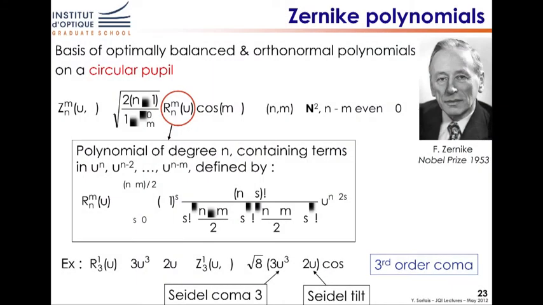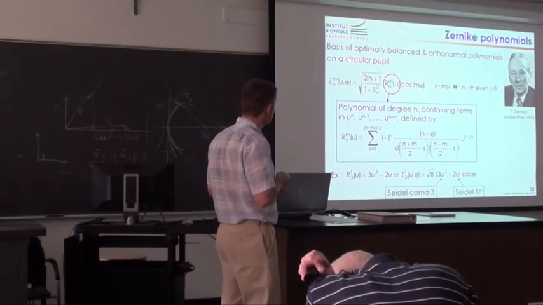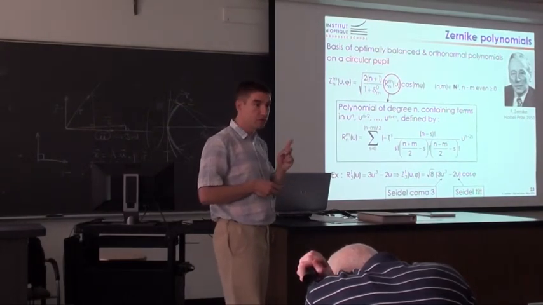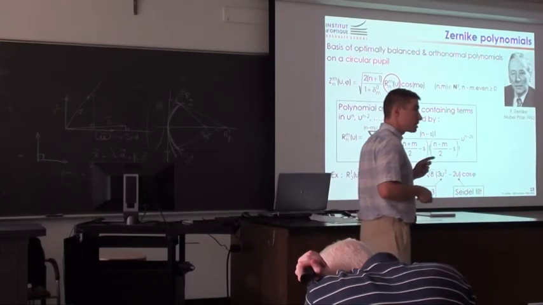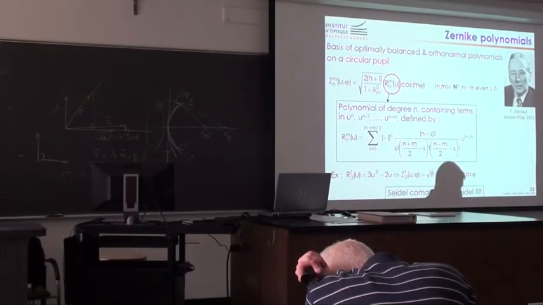Okay. So Zernike, who by the way got the Nobel Prize in 1953 for the phase contrast microscope, introduced a basis of optimally balanced and normalized polynomials. He started from the Seidel polynomials, and he built up a basis of polynomials that are orthogonal on a circular pupil. It's important to remember this because, for instance, if you try to find a basis of polynomials that are orthogonal on a pupil that is not a disk,